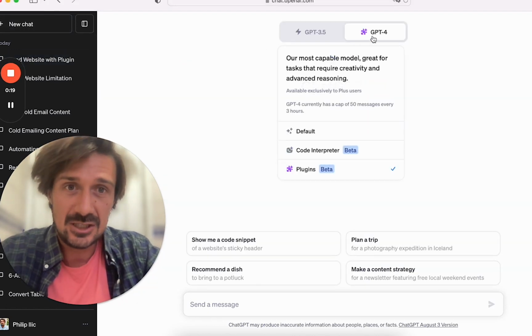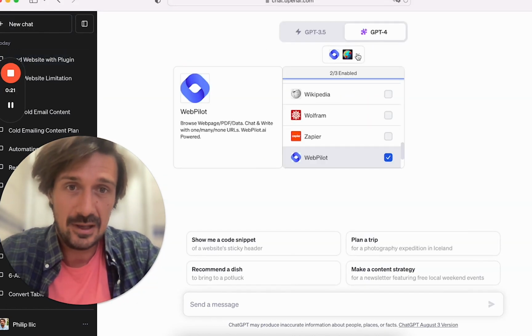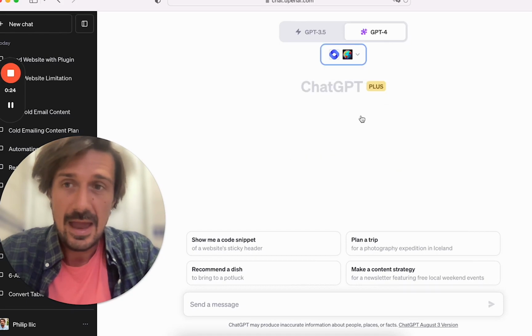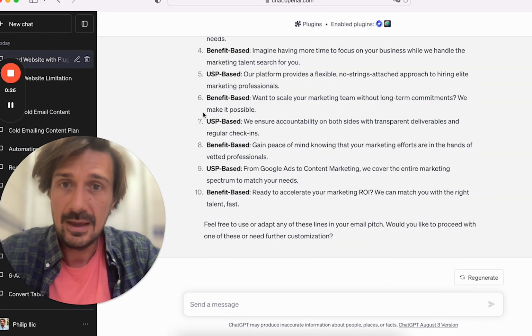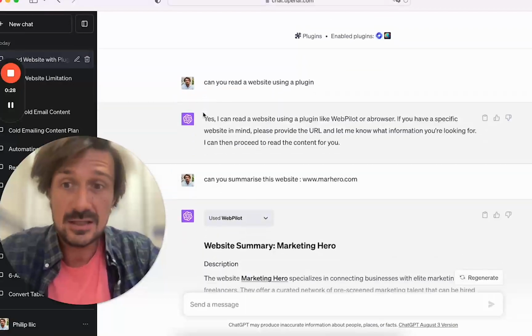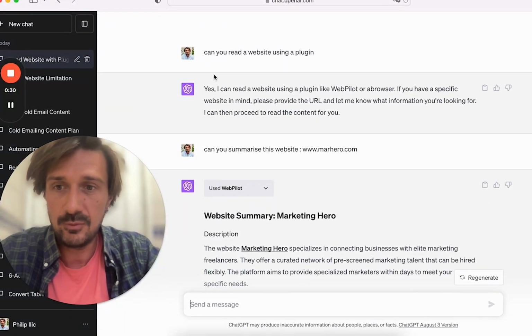So you do need to get ChatGPT 4. It's because you need to get the plugin. The plugin you need to get is Web Pilot. And then what I did with Web Pilot is I basically asked it to read my website. So I have a website which is